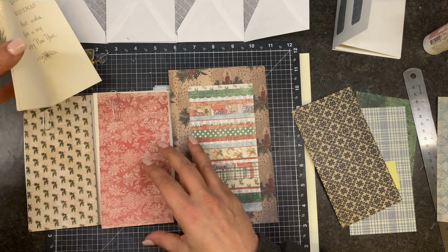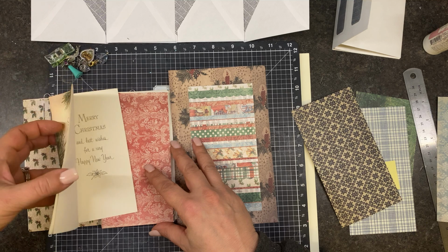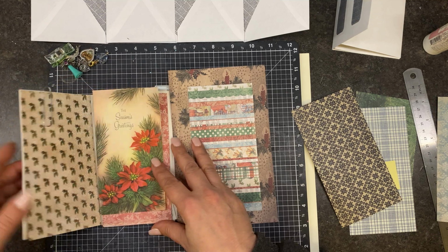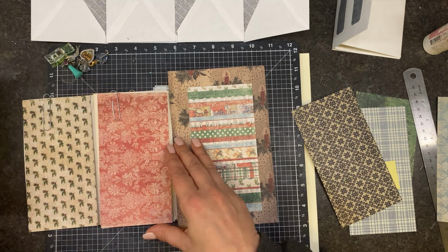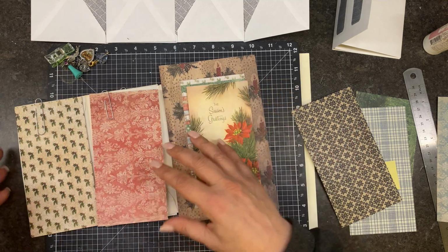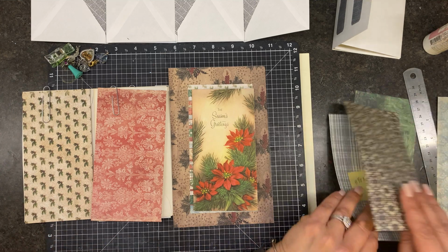My thought was actually to glue this and then, but I think when you fold it, well, it would work. But see, that's an envelope. We're just going to do it like that, okay? Let's just decide. I don't really love that, though. But these are all...